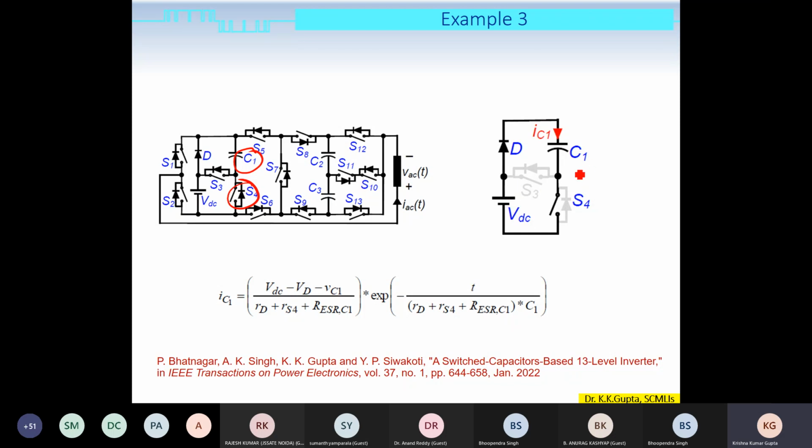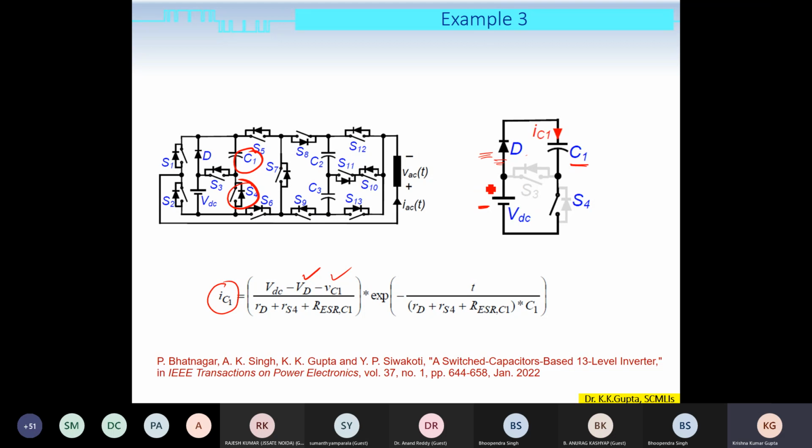What happens here is C1 is in parallel with VDC, considering D and S4 to be ideal, but they are not ideal. So in this type of equivalent circuit, we can calculate the current. This is a simple RC circuit. R will come into the picture due to the on-state resistance of the diode and the switch S4. There will also be the voltages here, the diode voltage,